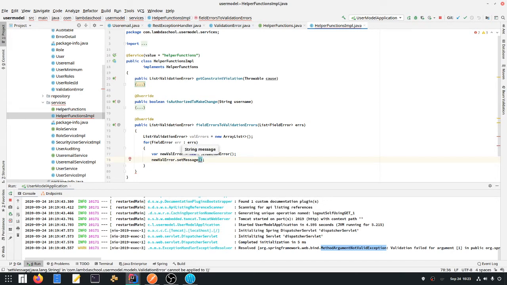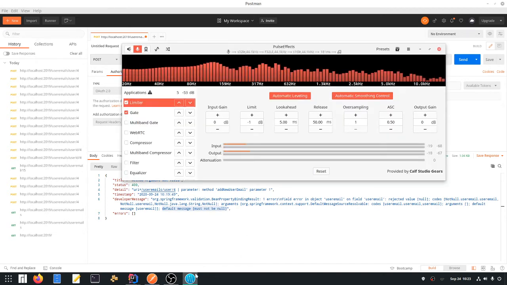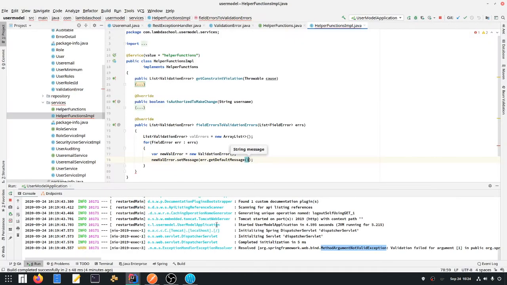So this message should be what went wrong. So we'll say error dot get default message, because if you can see here, this default message is must not be null. You'll see here in a little bit that the way it's structured with the validation errors, the custom validation errors, is that it's very human readable. So we'll set the message as that, and we'll set the code